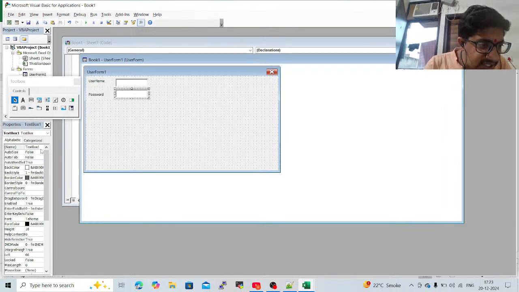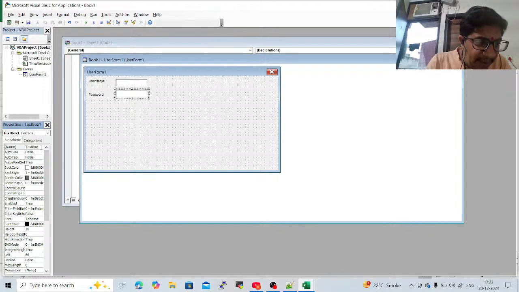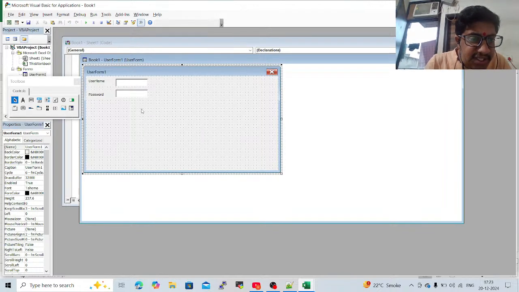This text box consists of txt password. We can use txt password. Under that, in the text box there is no caption. Okay,